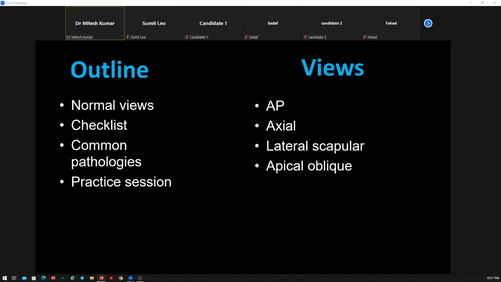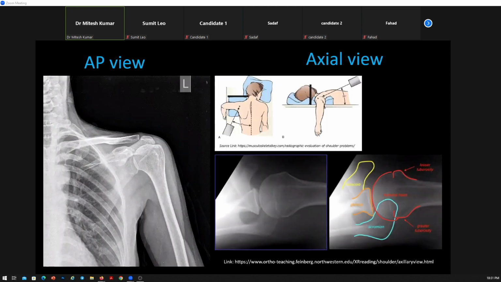The views of shoulder joint are AP view, axial view, lateral scapular view, and apical oblique view. Now, this is an example of an AP view of the shoulder showing, starting from here, neck, aortic knuckle, hilum, lungs, pleural space, ribs,